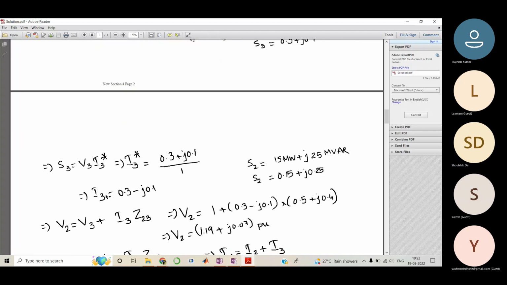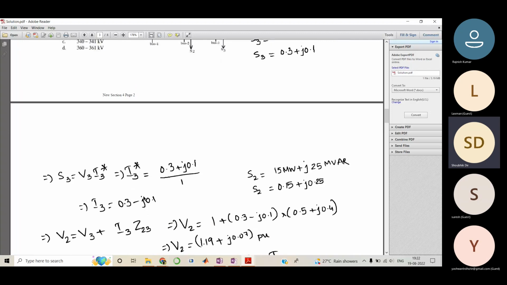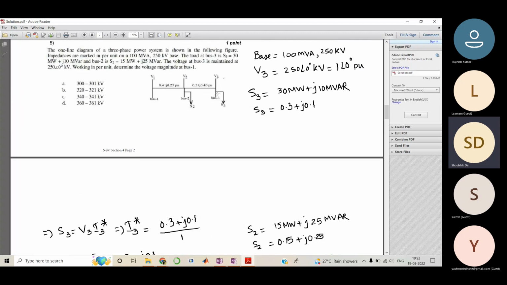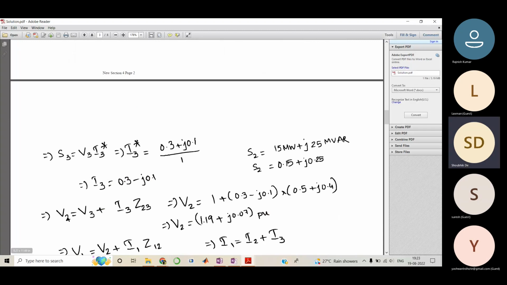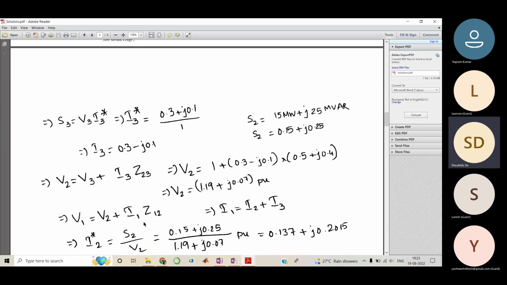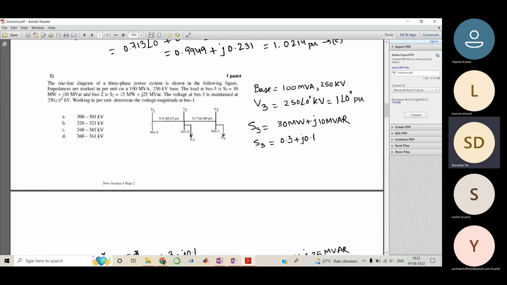Now, we have this I3 in per unit. So V2 will be just, this I3 is only flowing through this line between V2 and V3. So V2 is V3 plus I3 into Z23. You just fit the values, do it carefully. You get 1.19 plus j0.07 per unit. So we have the value of V2. Now similarly V1 would be, for this line, V2 plus